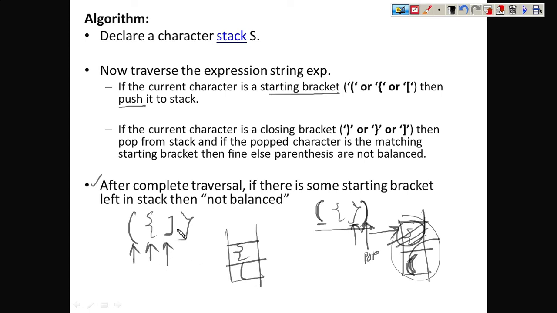I move to here. Now this is a right bracket, so you need to apply the pop operation. When you apply the pop, whatever you find at the top, from there you have to apply the pop. So this will be popped out, and then you have to check that the character your pointer is at must match the value you have popped, which is not matching. That means this expression is not valid, and we can also verify manually that this is not correct. Using this kind of implementation, we are able to verify that everything is working fine.